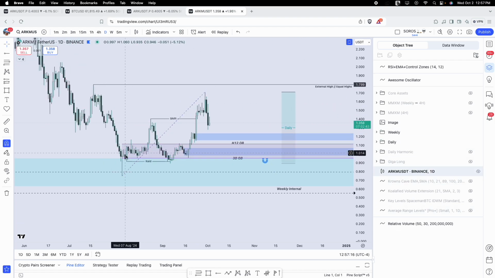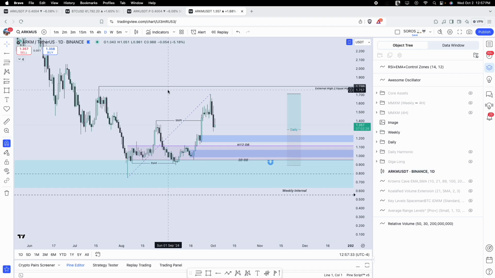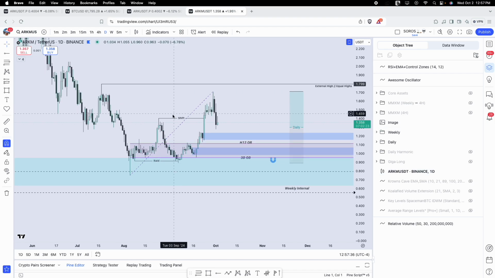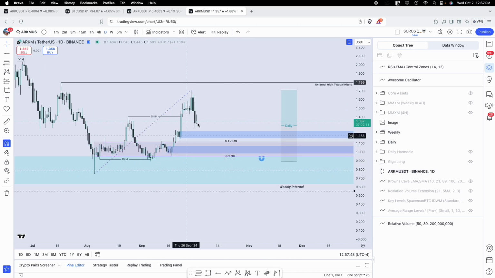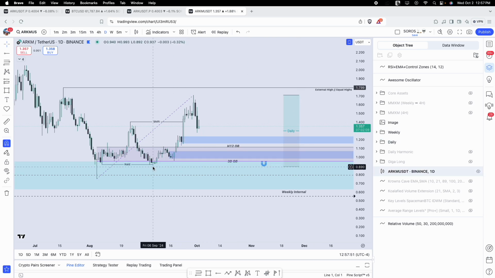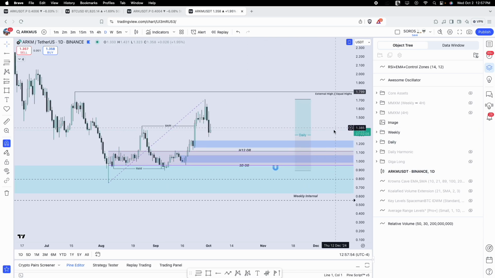So using this as a dealing range high to low, we drew into deep premium and rejected. But going into this leg over here, we have a raid of the internal range. So this in theory should be a protected low, but again, it's a shitcoin like every other shitcoin. There are no rules. There's just price action. So you have a raid, you have a shift above here, and if you fib out from there to there, this is going to be your OTE range that we looked at on the weekly. Also, you have a dealing range printing from this swing low into this swing high. So we're drawing into the equilibrium here.